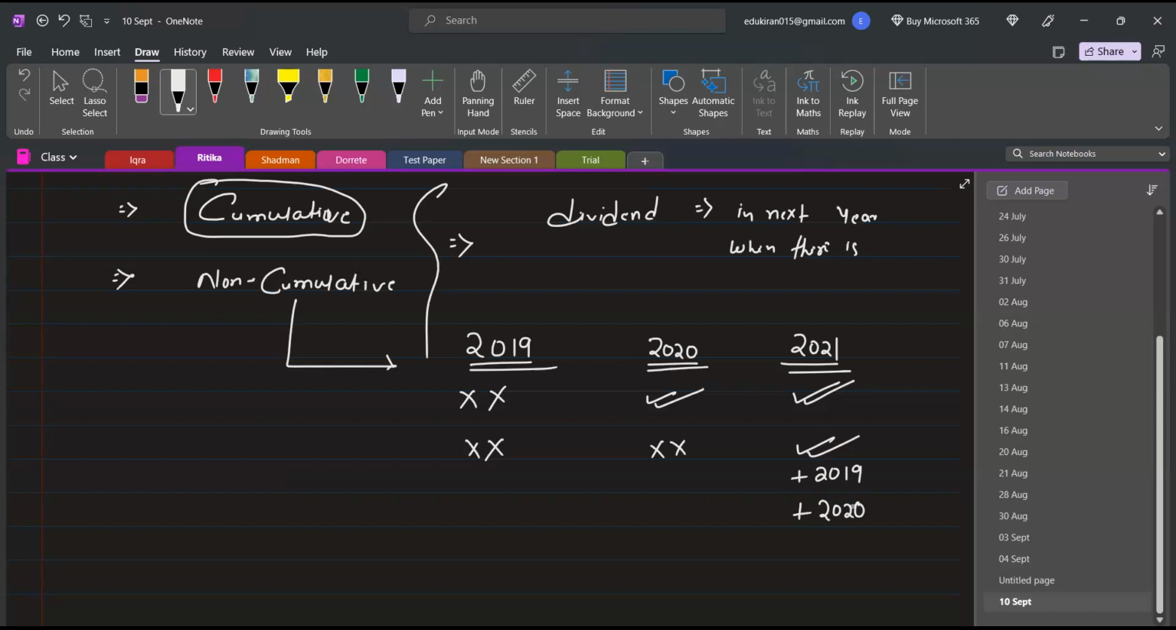So this is the meaning of cumulative. Means previous dividend which is not paid will be accumulated and paid in the year of profit. Okay, sir. So now suppose 2020 we